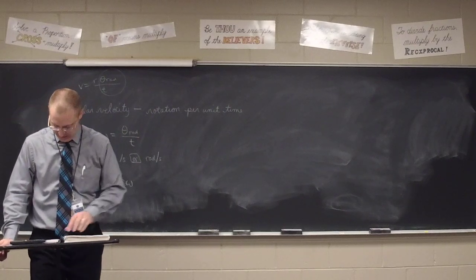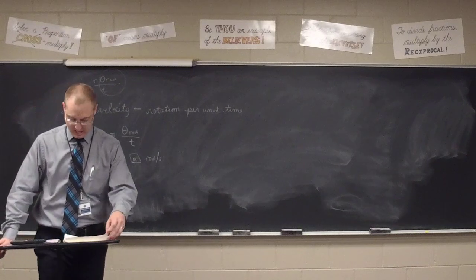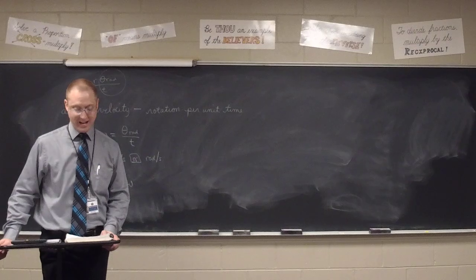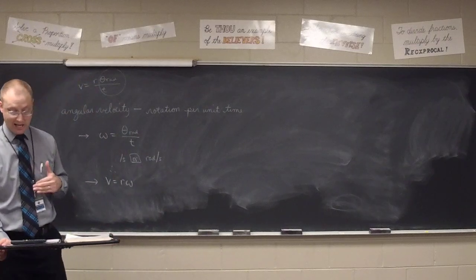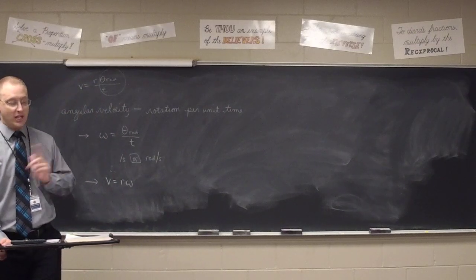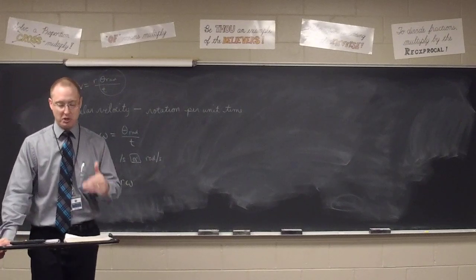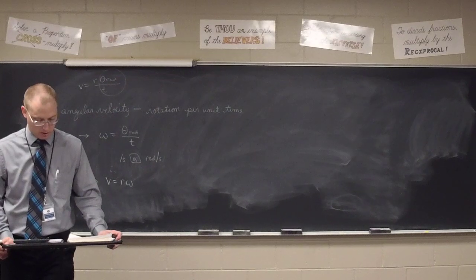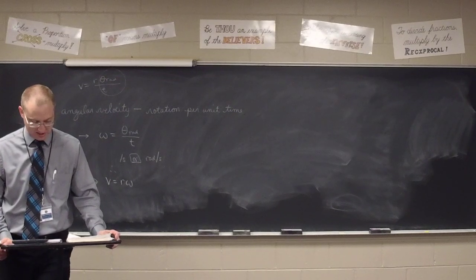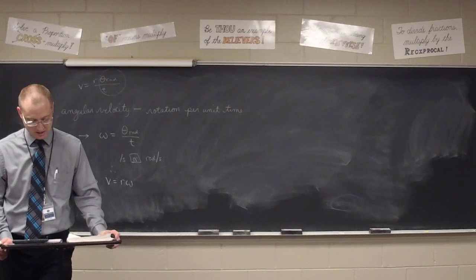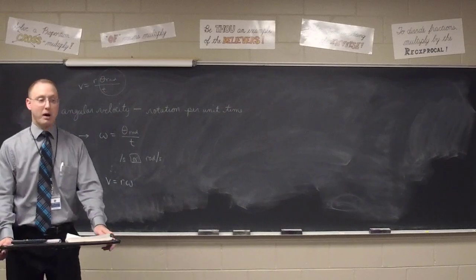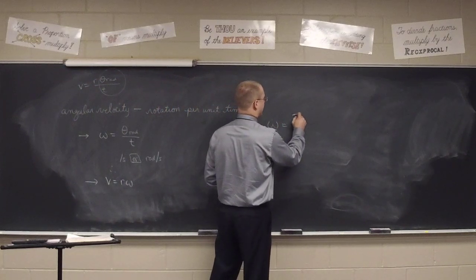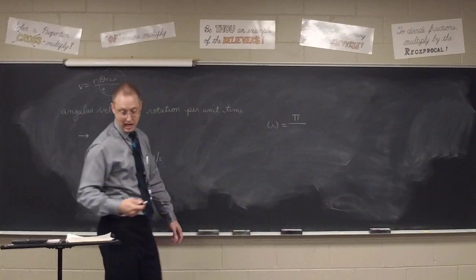Look at page 49. Look across the page, page 49. Look at number 48. It asks for you to find the angular velocity. Well, angular velocity is defined as what per unit what, class? Thank you, Quentin. Rotation per unit time. How much rotation takes place in number 48? Pi. 180 degrees. But we need to call that pi. So for omega, we're going to say that that's pi radians per unit time, which is